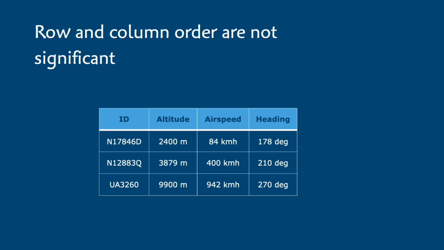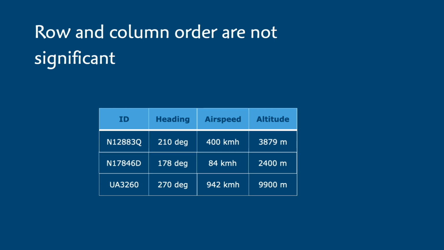In addition to the one fact per cell rule, we place no significance on row or column order in our tables. That's because deep down, we're thinking in terms of sets of attributes, types, and instances which have no implicit ordering in the underlying relational theory. So if we shuffle the row or column order, the table is still specifying the same exact information. There are times, though, when we'll need to specify order, such as the sequence in which aircraft are queued for takeoff. In such cases, we have a way to model the order explicitly using a couple different types of relationships, and we'll focus on those techniques in a future video.